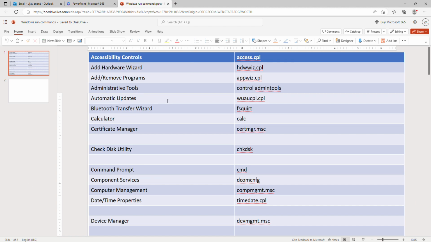The first one is the add hardware wizard. I'm just copying this command, and opening command prompt, run as administrator. See, the window is popping up, and in this window you'll find all the devices that are connected to your